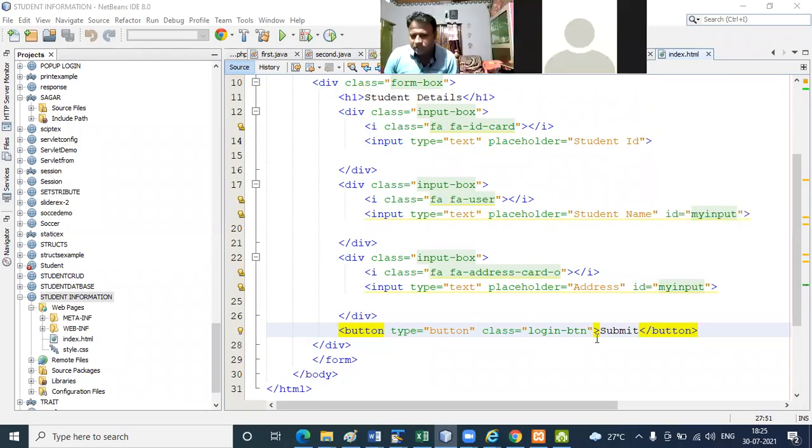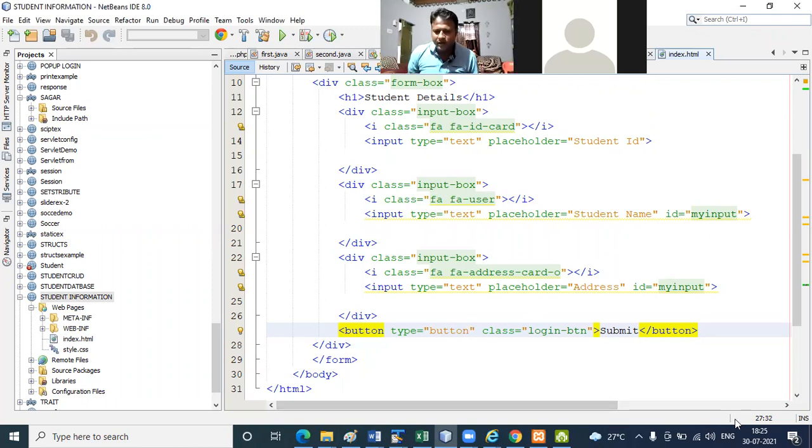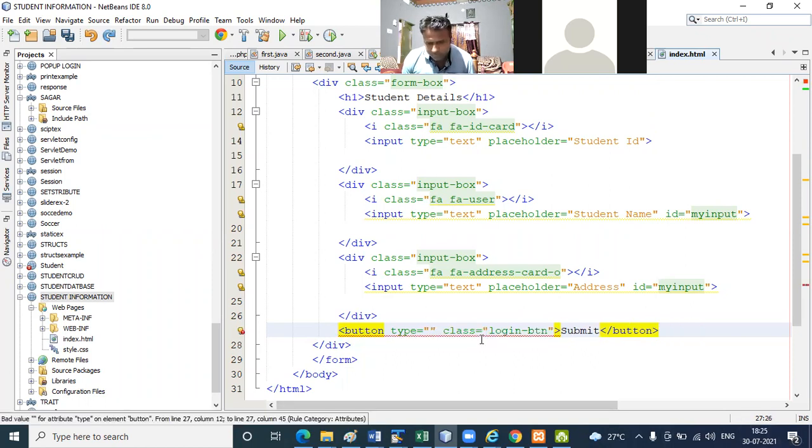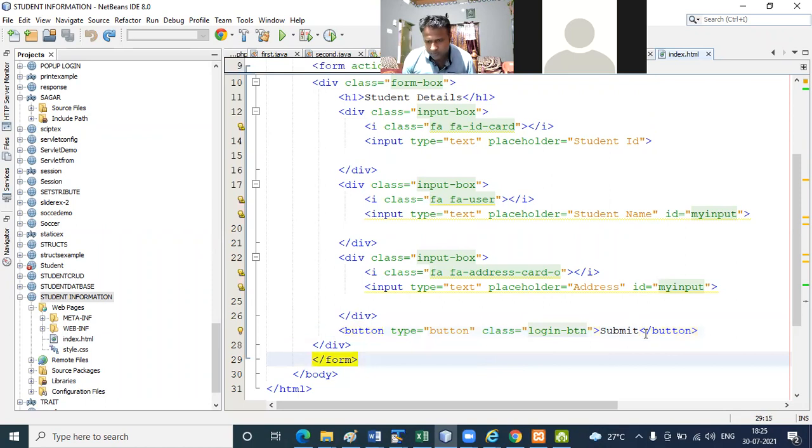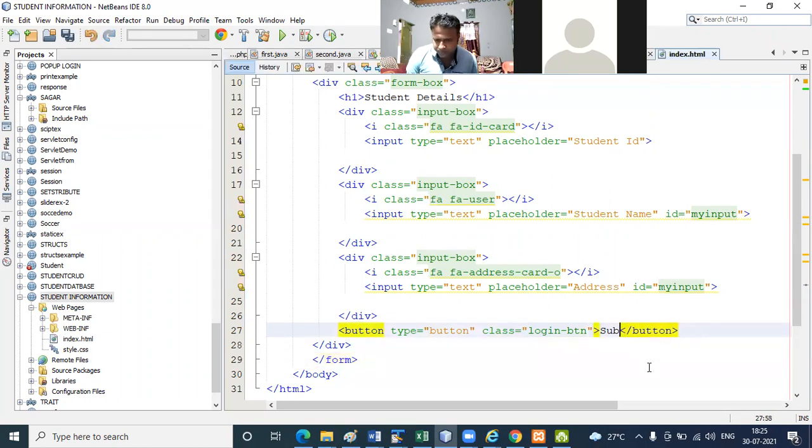So we have to change the button name. Button name is insert. There is a login. We continue that part. So I pass here insert option. Okay. Oh, sorry. Insert.